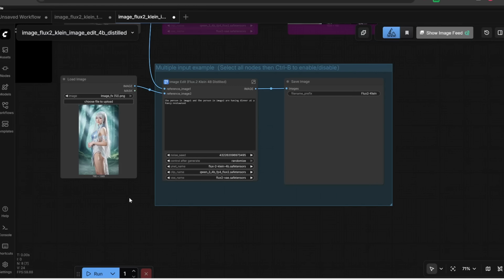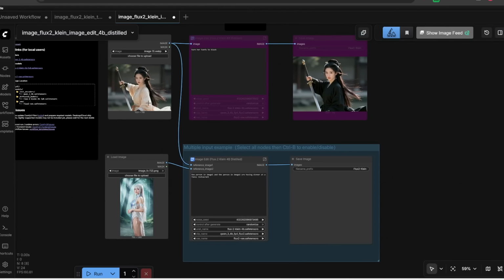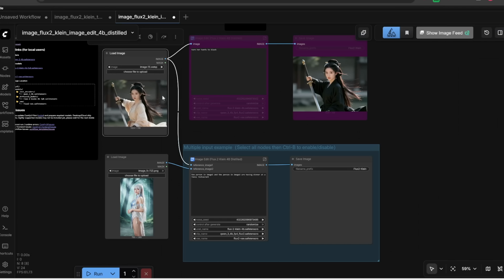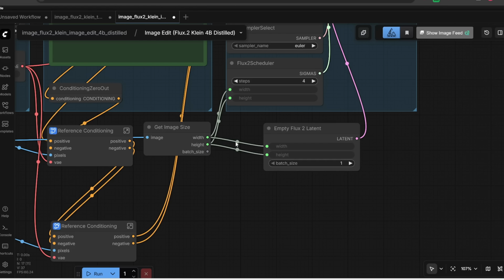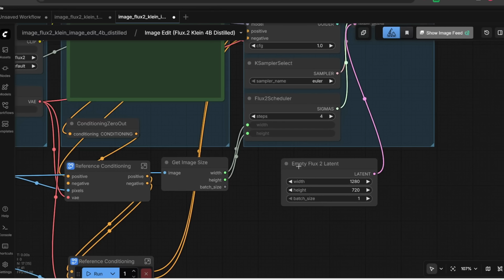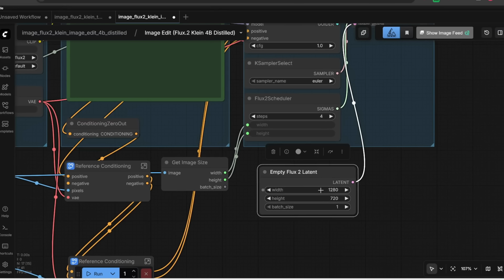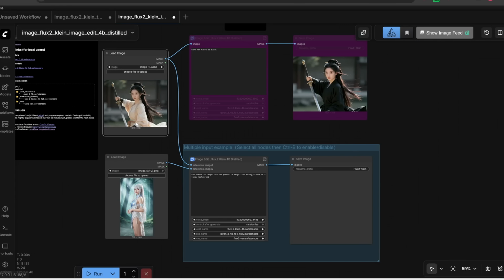So here, notice that I have 2 images, right? This is horizontal, this is vertical, but the final image is just going to be in this aspect ratio. If I want the output width and height to be different, well, I can expand this subgraph again, and then here I can simply delete these connections and then specify my own width and height. So for example, I can set this to be like 1280 by 720, like this. So you can do this if you want to specify an exact width and height that are different from your